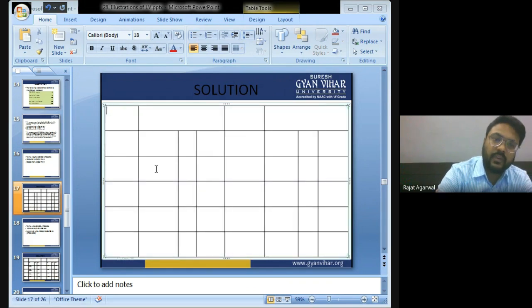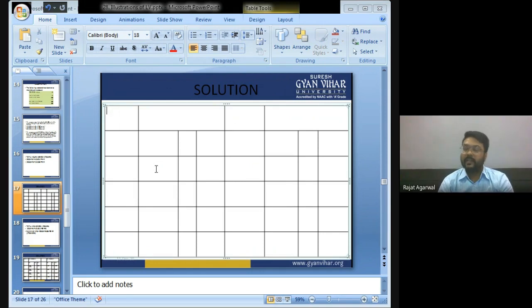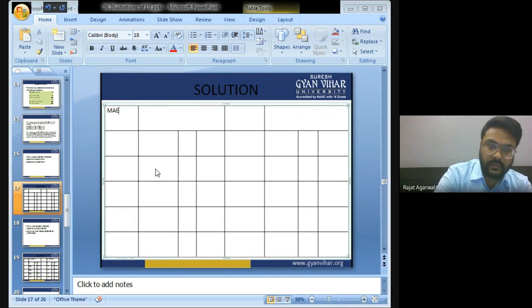That's why I told you, if there is more than one category of material or more than one category of labor is given, we have to make the table. Now, there are three types of material given: A, B, and C. That's why we have to make the table. Now, material.